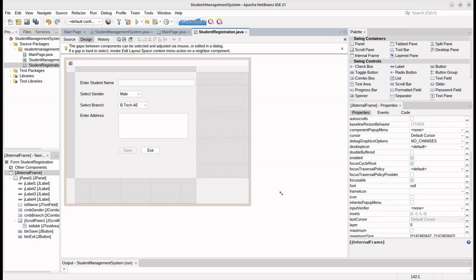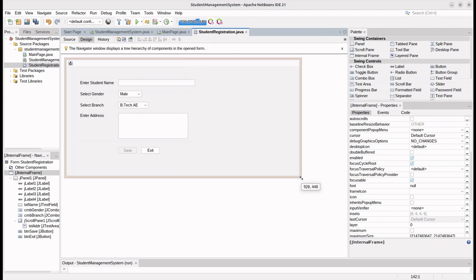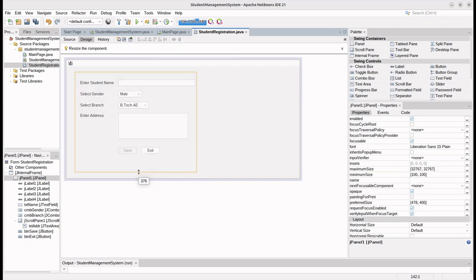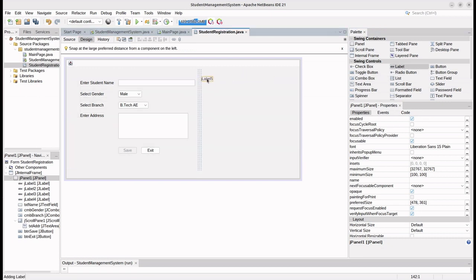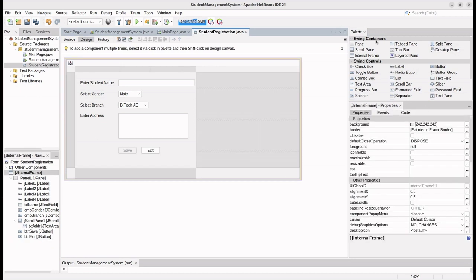Along with these details, let us say we want to add the image of the student also. Okay, so to add the photo, we don't have directly the concept of image over here, so we will take the label and, okay, again what I do, instead of adding directly over here, I will add one